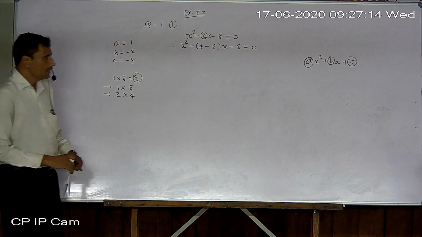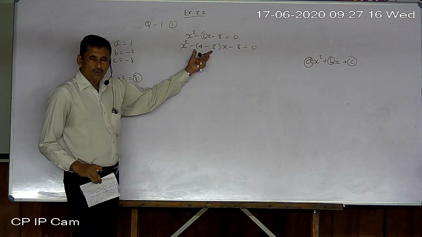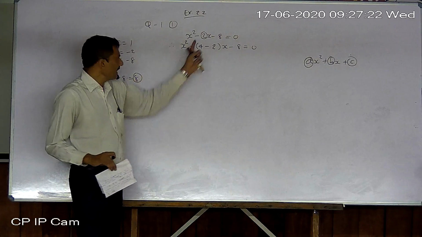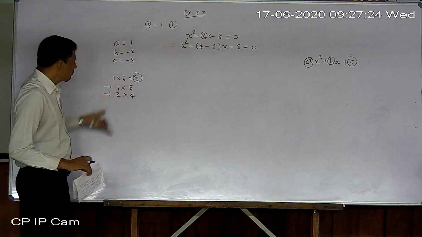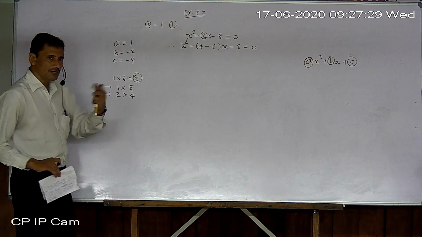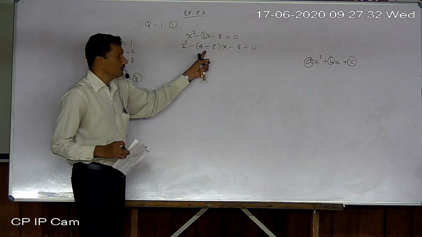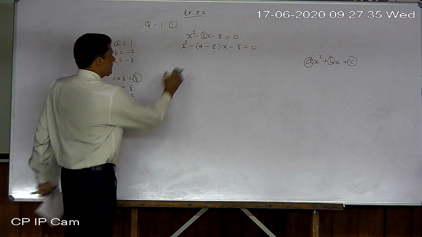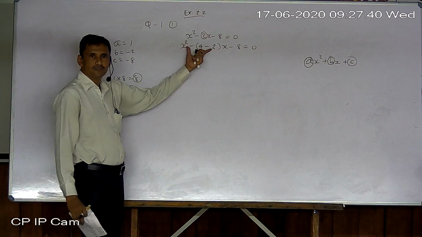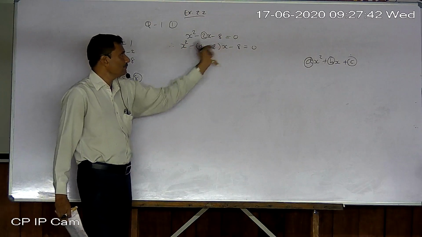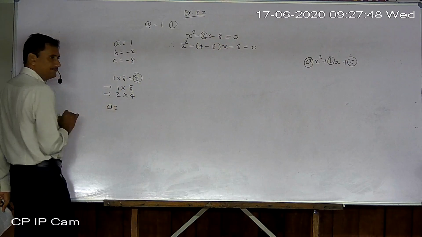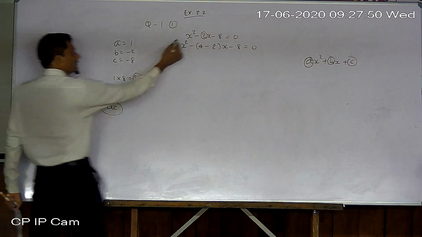Okay, so if you cannot identify orally, or at first time only, which pair to be placed here, at that time you have to list out all the pairs of factors. Out of this, any one is 100% applicable here. So this is the main step: getting two factors of the product of first and last. Getting two factors of AC. AC means the product of first and last.